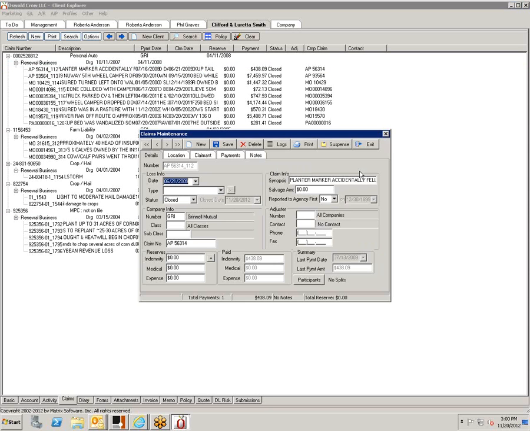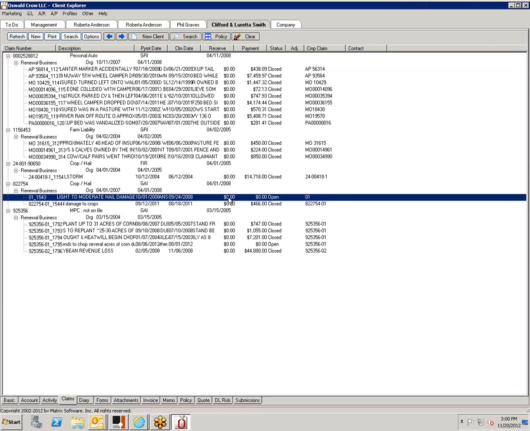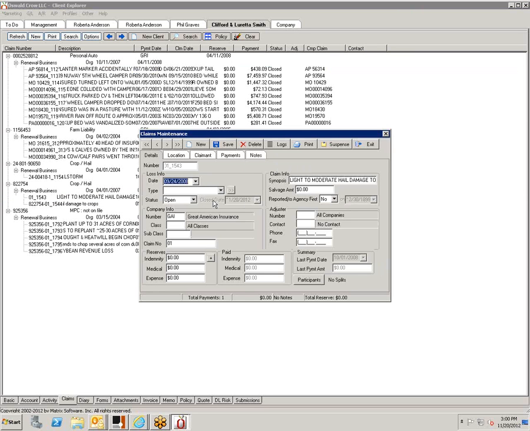Okay, so can you double click on one of these and see the very bottom line? Well, it's opening up that one that I double clicked. Oh, okay, that's how you opened it up. Okay, this one is a closed one. This one right here is an open one. And it just takes you back to those claims screens like I showed.